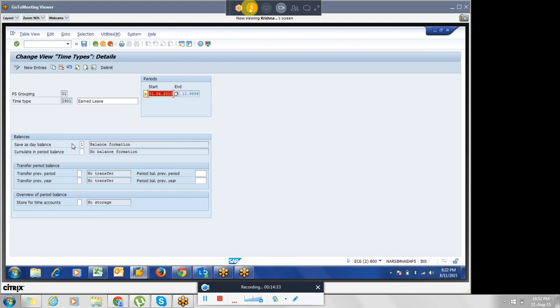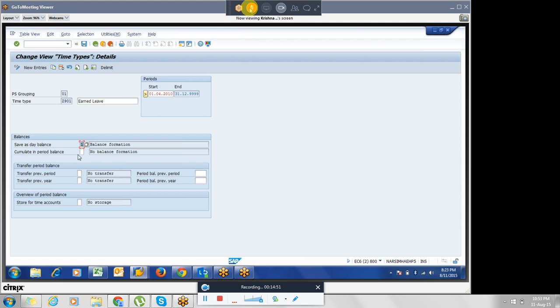You have these things like save as day balance. Whatever the time type you are defining, it will store for the particular day. If you say it should not store, it won't be formed as day balance.